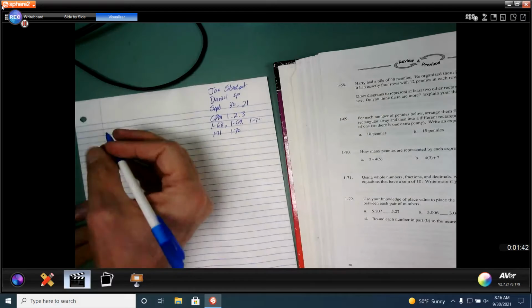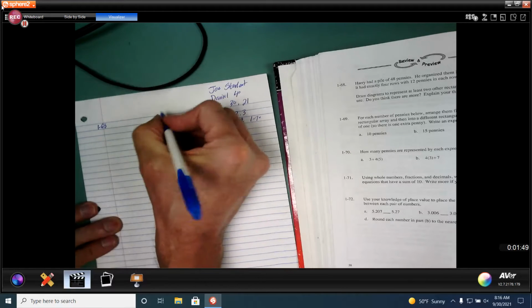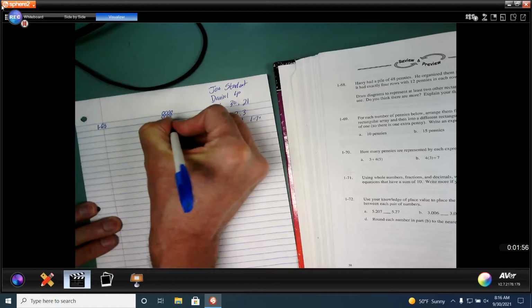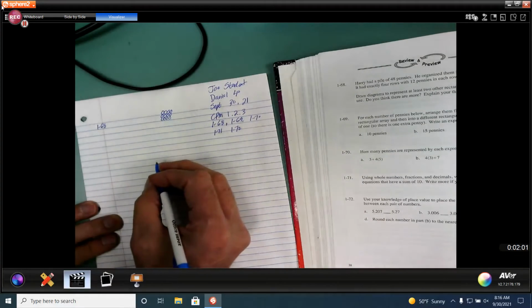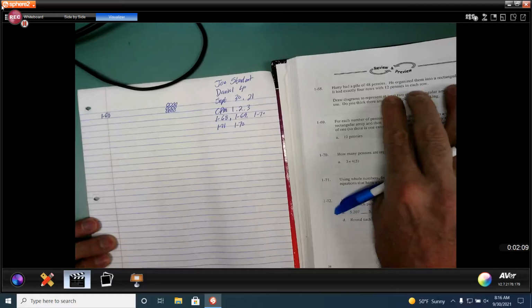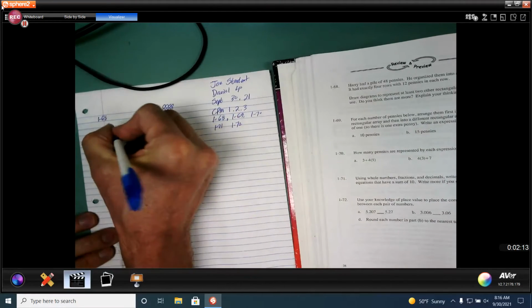Okay, so remember last week we did handfuls of pennies, and we put them in what's called an array. Remember, all an array is taking those pennies and making a rectangle out of them. You have a certain amount of rows and a certain amount of columns, so that would be an array of 12 pennies. It's 3 tall and 4 wide. For this one, you have a pile of 48, or Harry does, and he organized them into a rectangular array that exactly had 4 rows of 12. Okay, so he had 4 rows of 12 for his,